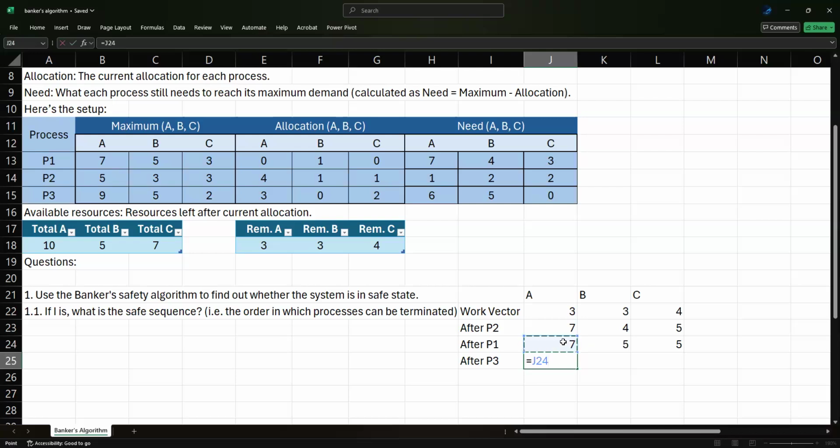And if you try to release the resources that are allocated by P3, what will happen is at the end, the number of resources would be exactly equal to what I had at the very beginning, which means I have 10 A, 5 B, and 7 Cs at the end, which is equal to the total number of resources that we started with. So long story short, there is a safe sequence in which the processes can be terminated in that order with no shortage of resources. So the safe sequence would be